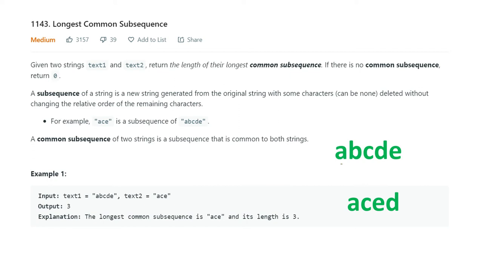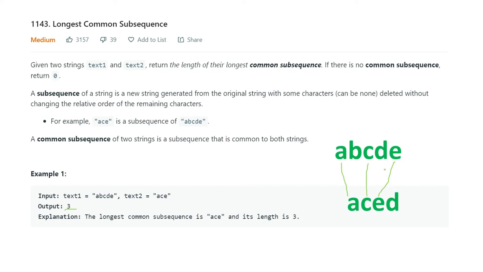So you have to check how many characters are matching and their order is followed. A and A is matching, C and C is matching, and E and E is matching. So three common characters there, and they are not changing their relative position.